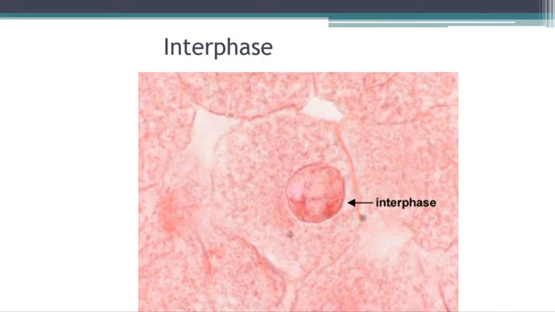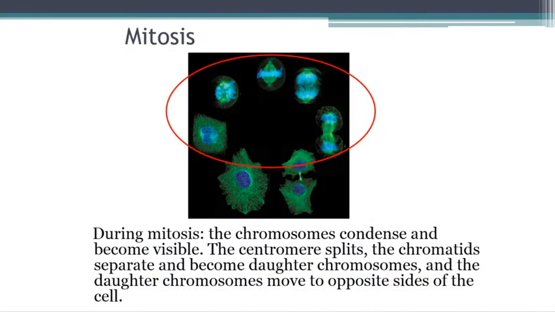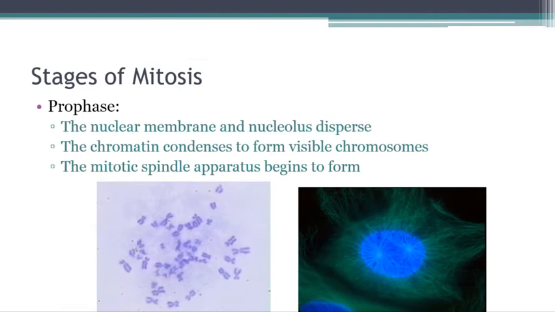All right, and this is actually what the cell looks like. It looks like just what you think about when you think about a cell, because it spends most of its time in interphase anyway. Now, during mitosis, the chromosomes are going to condense. You're going to actually be able to see them. You're going to have the chromatids separating, right? And I have a question for you about what a chromatid is in just a second. And then you're going to have those being the daughter chromosomes. They're going to move, and then you're going to have the cell actually split. So let's talk about the stages of mitosis.